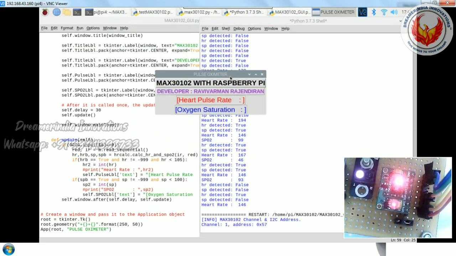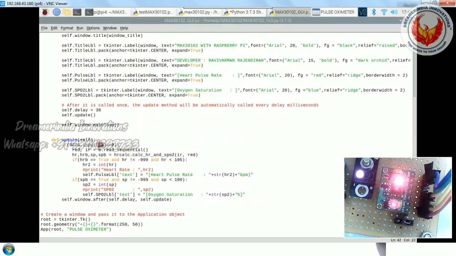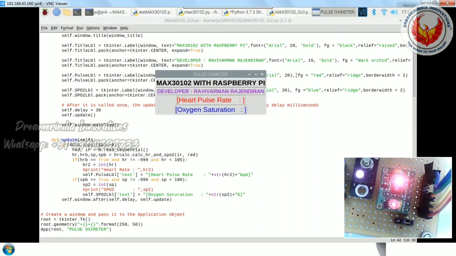This is the window where you will have MAX30102 with Raspberry Pi, pulse oximeter, developer name, and the pulse. This label will be updated only if I place my finger above this infrared sensor, this one. That is what I am checking here: GPIO.input is equal to 0, because it gives an active low output. Only if it is 0, the data will be read from the sensor and updated in the label.